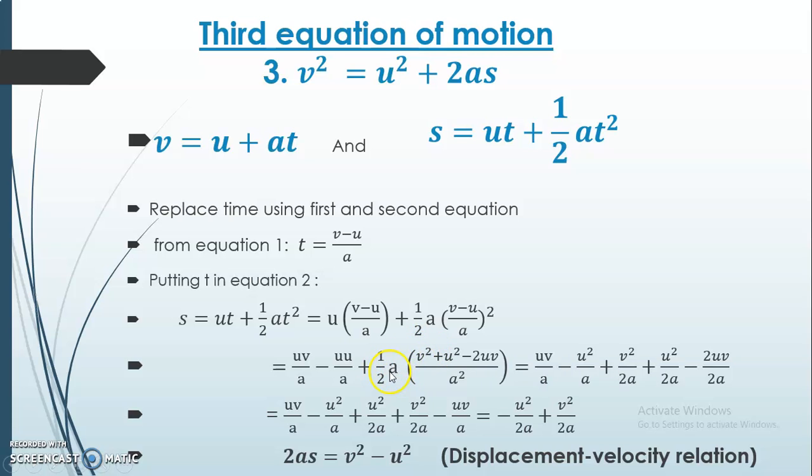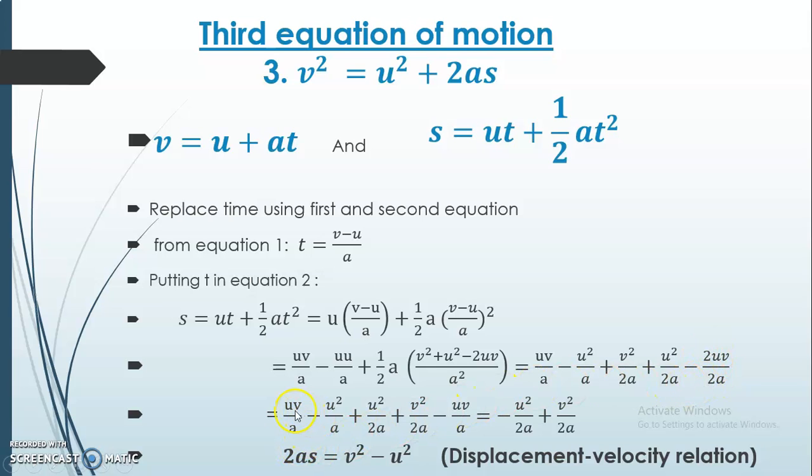Okay, so you can say that this a can get cancelled with one of the a in the denominator, and only one a in the denominator will be left. So when you multiply this with this v square, it will be v square upon 2a. The a would be left in the denominator only. Then it will be multiplied with u square, so this will become half u square a divided by a, and this last term minus 2uv divided by 2a. This 2 and 2 can get cancelled over here only.